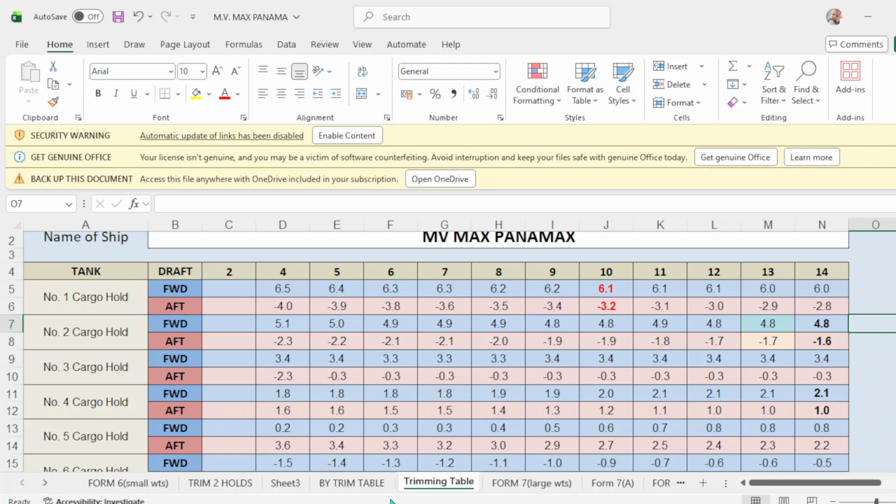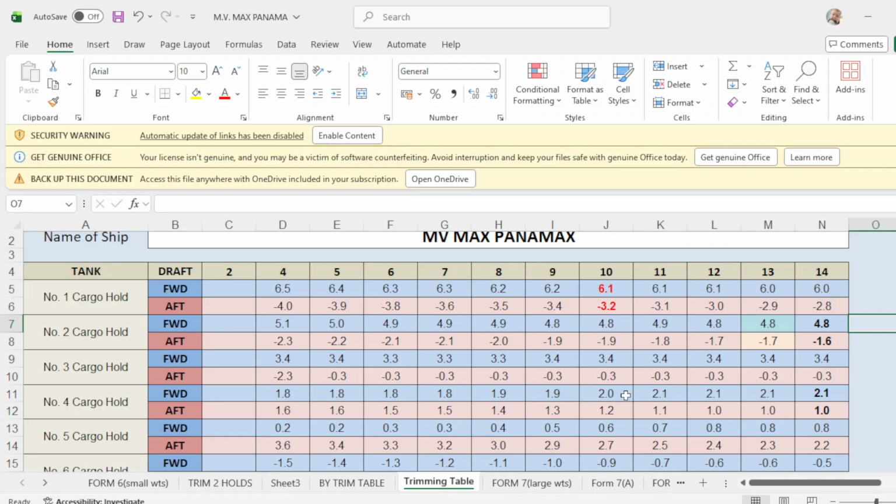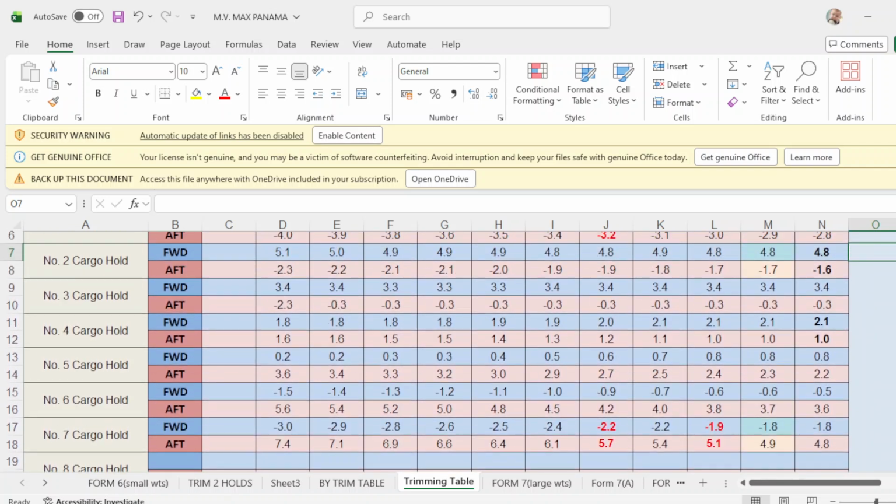Since our departure drop is 9.55, that is almost 10 meters, we go to the row of 10 meters, and this will be your correction of forward and up in hold number 1. Also at the same time with hold number 7, which is highlighted already, the forward correction is this one and up correction.